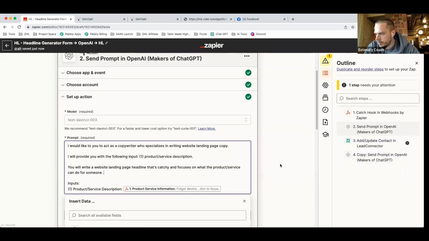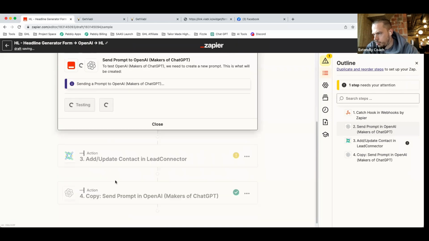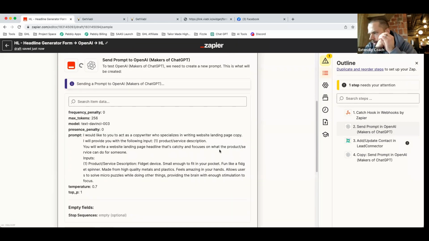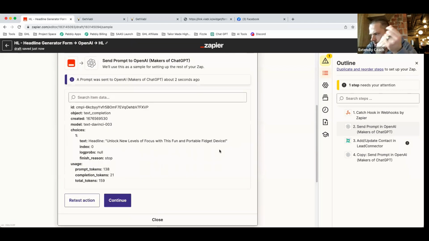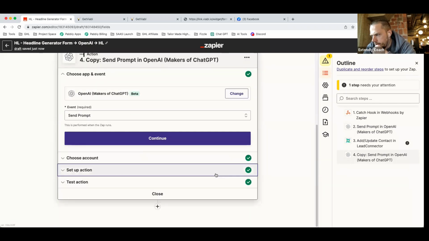And then let's retest that real quick. See what that does. Unlock new levels of focus with this fun and portable fidget device. Okay. And then in the sub headline, let's change it to focus on